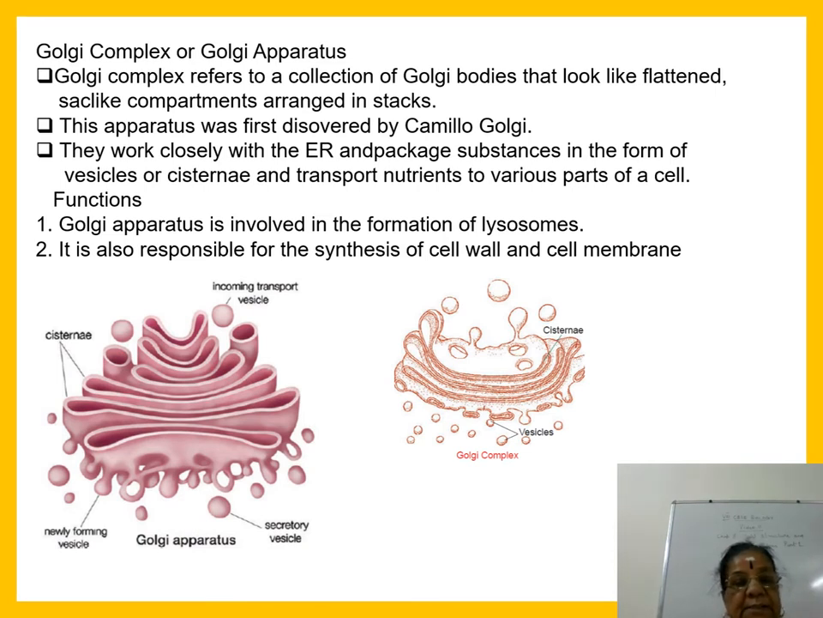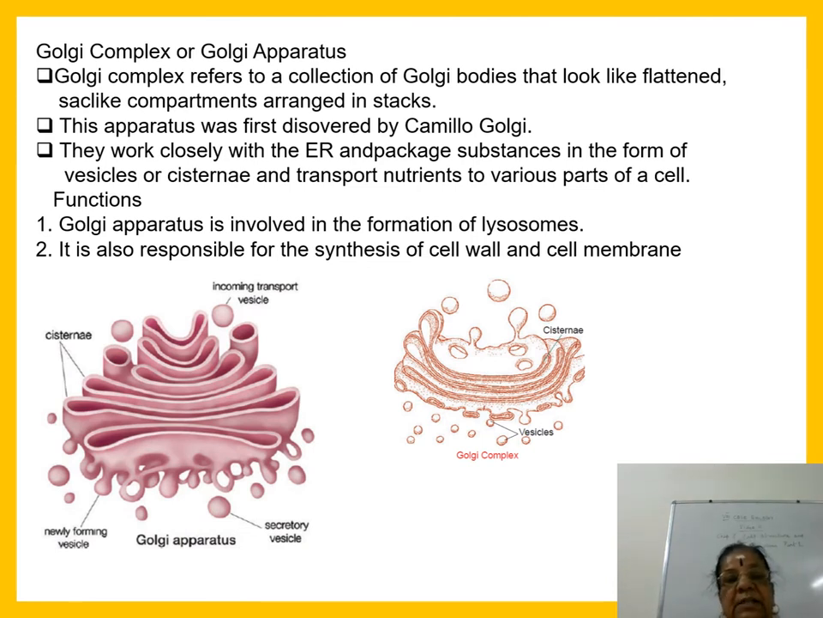This is flattened sac, and this is newly forming vesicle. The round ones are newly formed vesicles, and the flattened structure is called cisternae. Right? So this is incoming transport vesicle. In the same way see here the flattened structure cisternae, and here vesicle. The two diagrams are more or less the same. This diagram will be easy for you. Label this one. Draw this diagram, it is easy. Okay. So Golgi complex